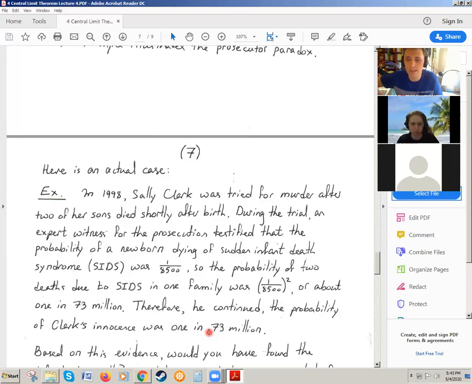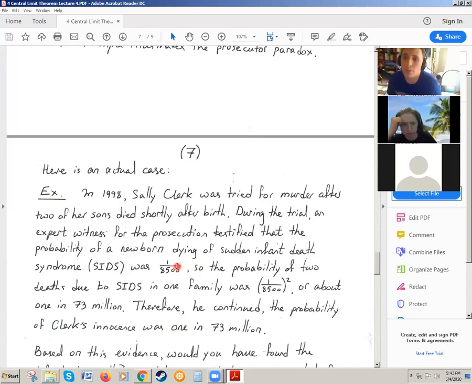So Shulamit says no. That's a very good point, Josh. Right. So independence is an assumption here, right? One important thing to note is that 1 out of 85,000 was squared. That means that there was an assumption that